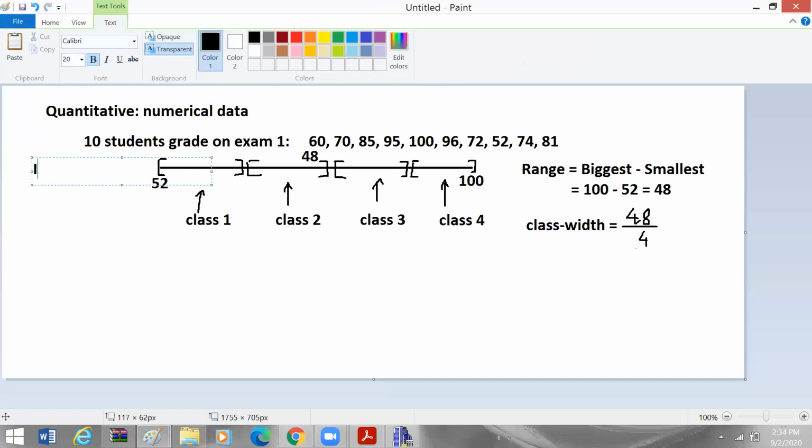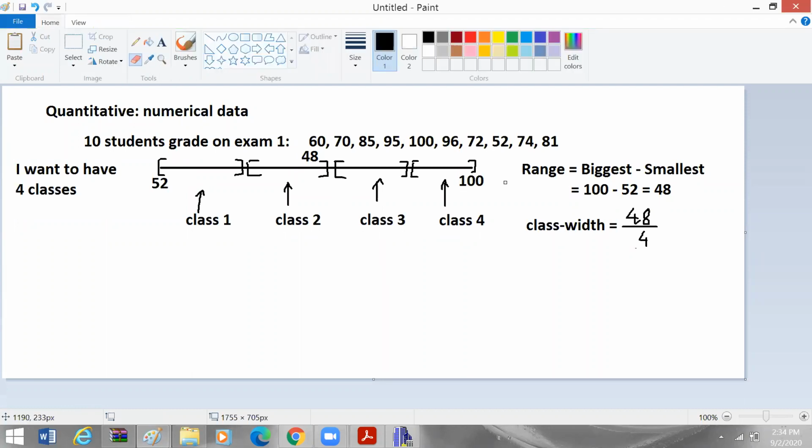I have a question. Yeah. Why are we taking the 48? Why do we take 48? Because that will be the range of the entire data set. You don't want to start from 0, correct? We can't start from 0 to 100, because if I started from 0 to 100, the range would be 100, but there'd be no data captured from 0 to 51. So we ignore that. So 48 will be the range for the entire data set that we have.